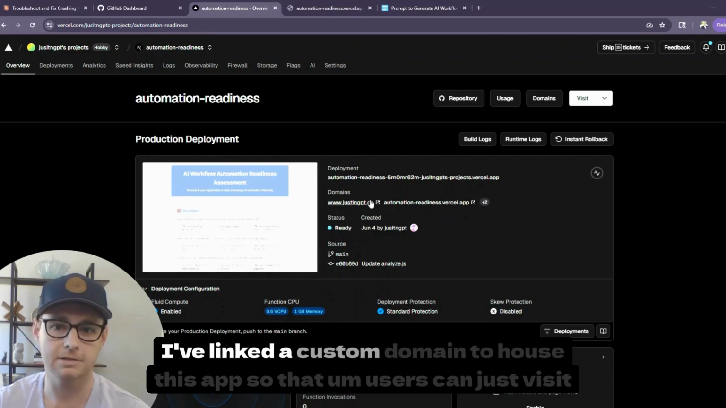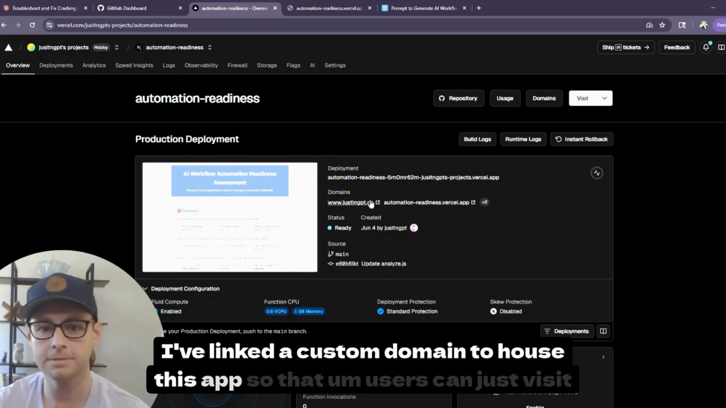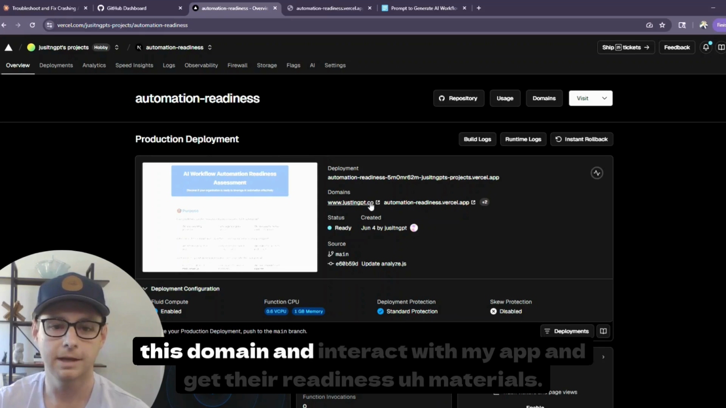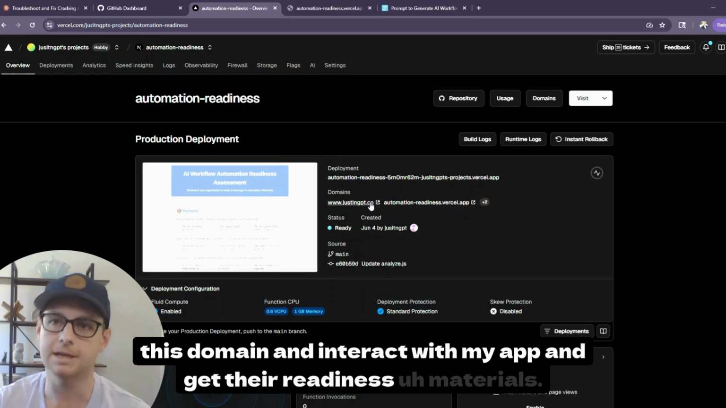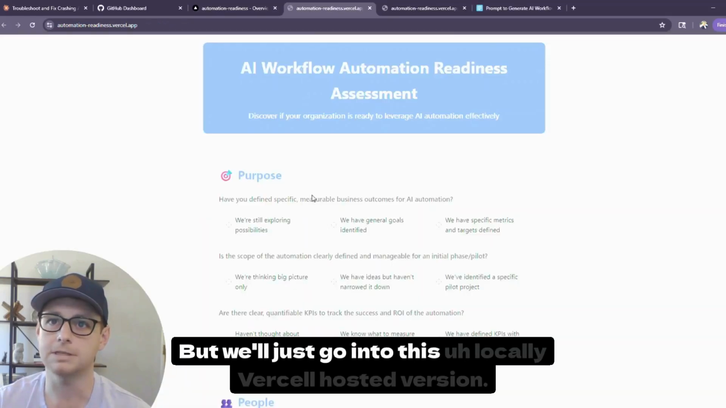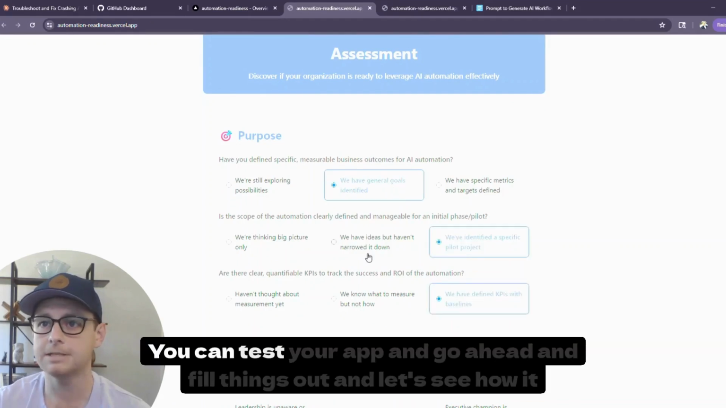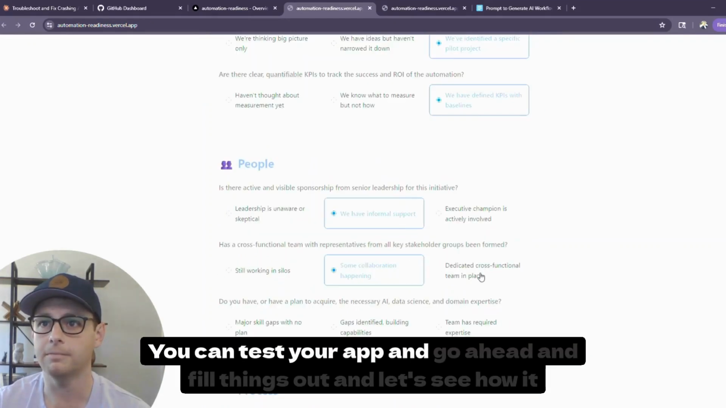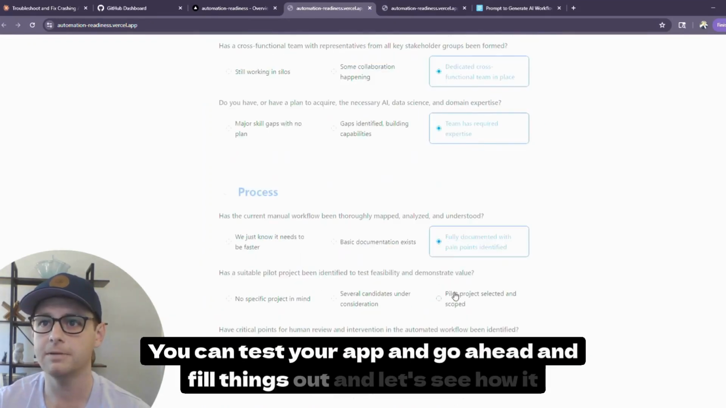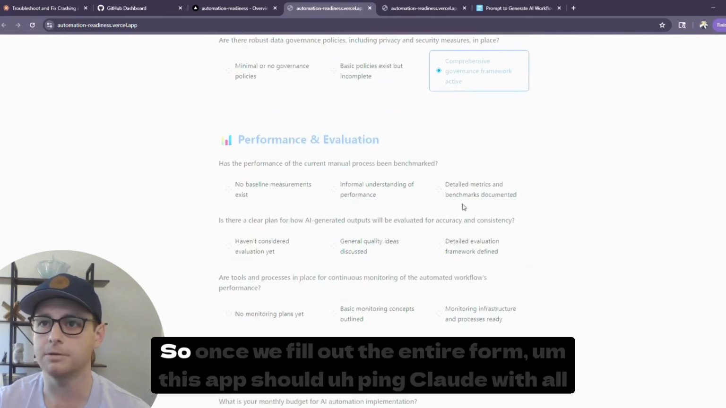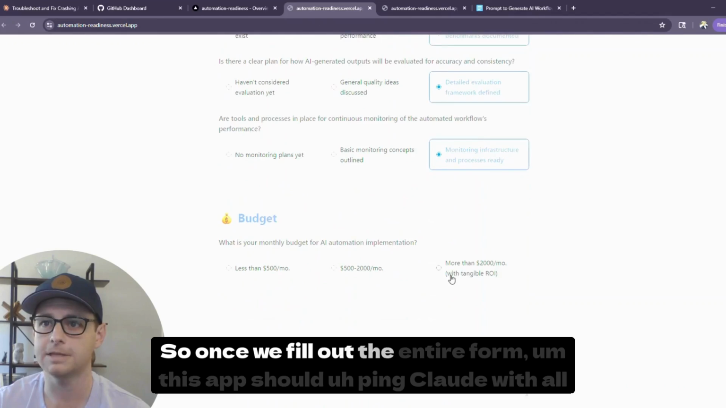I've linked a custom domain to house this app so that users can just visit this domain and interact with my app and get their readiness materials. But we'll just go into this locally Vercel hosted version. You can test your app and go ahead and fill things out, and let's see how it performs, right? So once we fill out the entire form,